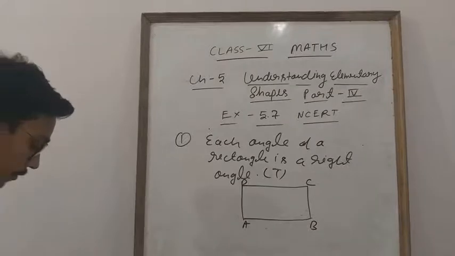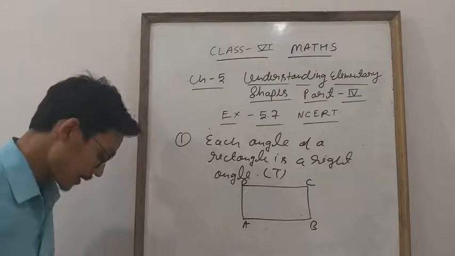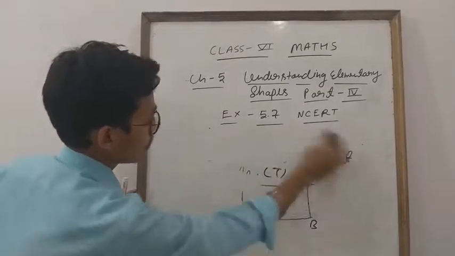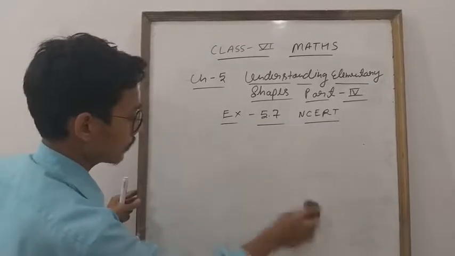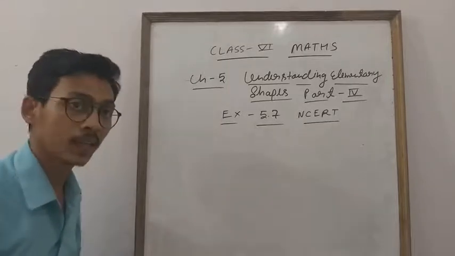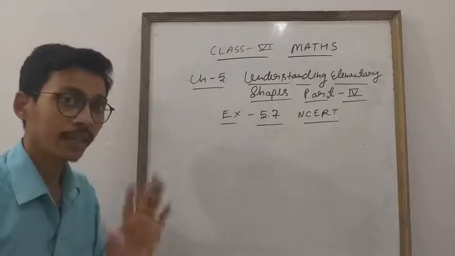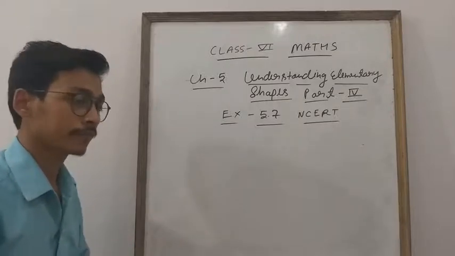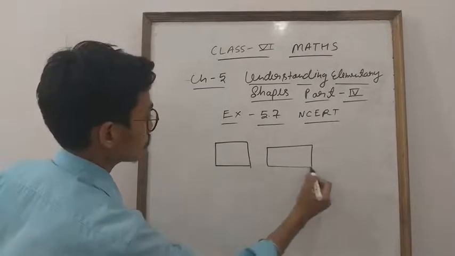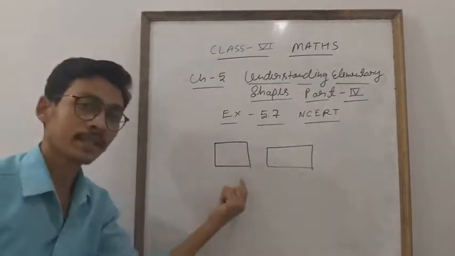Second question, look, the first question, true or false, you will do yourself. Second question, give reason: a square can be thought of as a special rectangle. So you will try to do this question yourself, because I also explained it once, and you will find out why you can say a square can be thought of as a special rectangle. How can you say that a square is a special rectangle? You will think yourself. One hint I am going to give you: if this is a square, student, or this is a rectangle, okay, if all angles of a rectangle become 90 degree, then we can say this is a square.